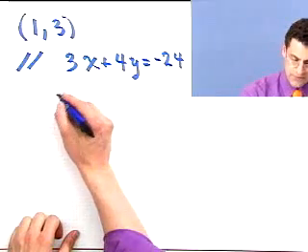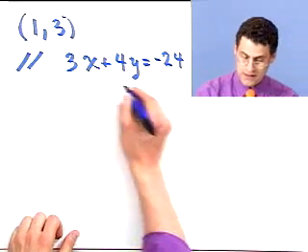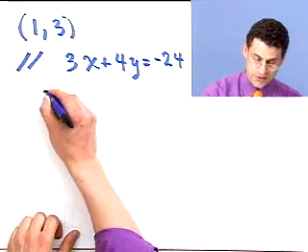Well, how does the slope of our line compare to the slope of this parallel line? Parallel line slopes are equal. So all I've got to do is find the slope of this line, and I know that will be the slope of our line. Well, how do you find the slope of this? I'll just solve it for y. If I solve this for y, I'd bring the 3x to the other side, and I see